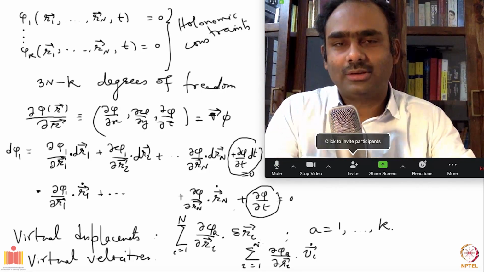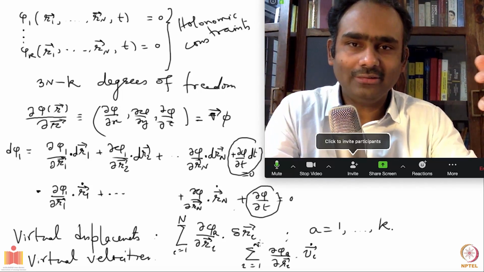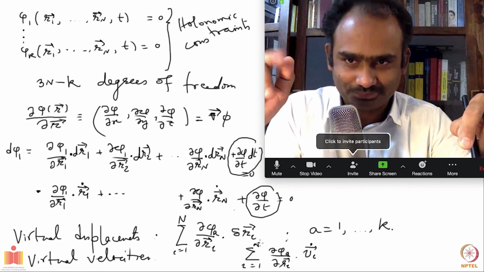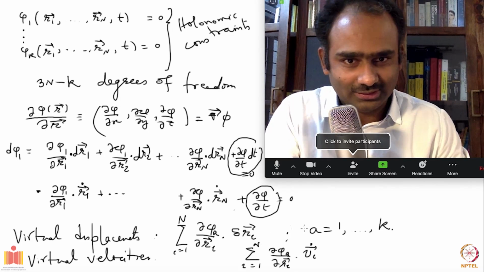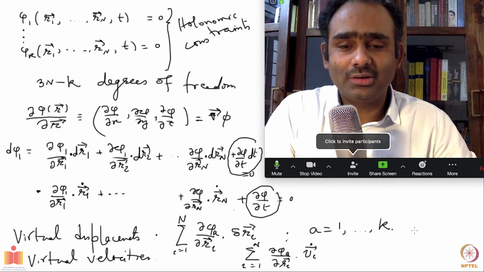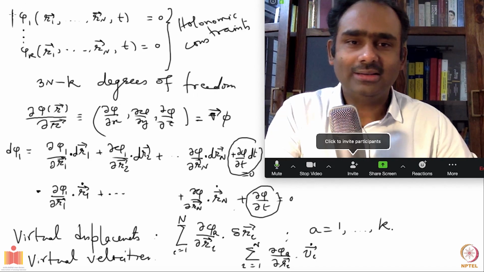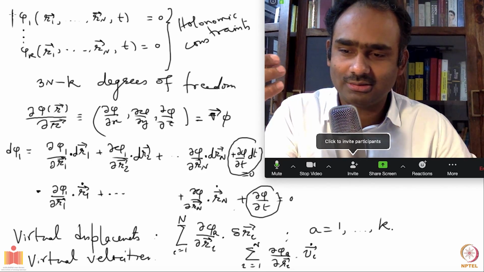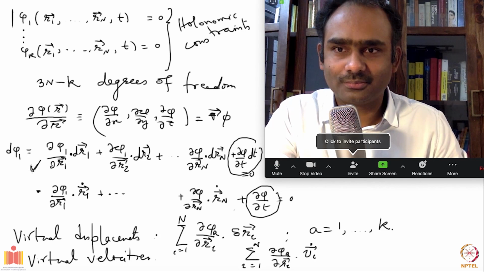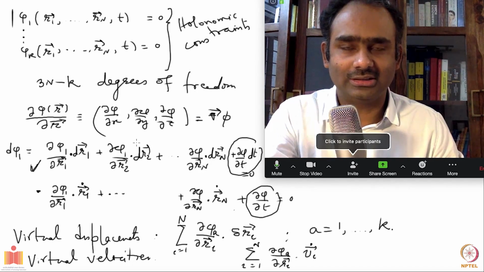Now, why am I interested in only holonomic constraints? The reason is that if you have holonomic constraints, okay, I jumped a bit again. I just should have made one more remark here. So you see your constraints. Let's say you are not given constraints in the form of functions, which I wrote here. Let's say you are given constraints in the differential form. So you are given constraints in this manner. Okay. So you are given k equations involving the differentials.